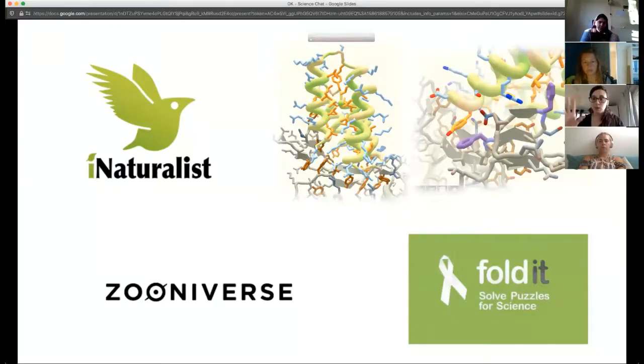Another example of that is Galaxy Zoo, but with astronomy. So they have people looking at images of galaxies and categorizing them according to what they see, what shapes, and some rules that the scientists prepare. And again, they accelerate discovery a lot. And iNaturalist is another platform. I think it's mostly related, like eBird, to observation, like amplifying your power of, for example, making a survey of all the population of bees.